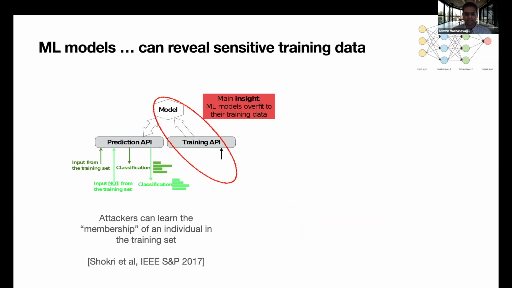Even if you're releasing machine learning models, you can learn sensitive properties from these models. This started with fundamental work by Reza Shokri and others in 2017, where they showed that even if you only had black box access to a machine learning model trained on some sensitive data set, you could use this access to learn whether a specific individual was in the training data set or not, right?